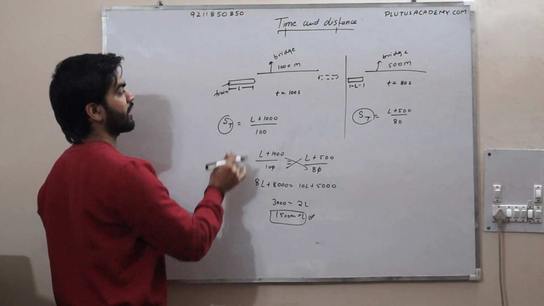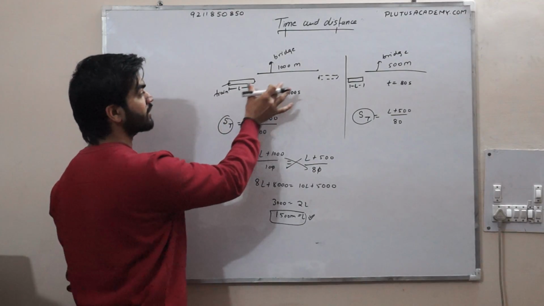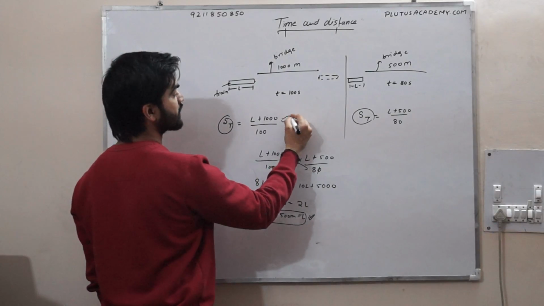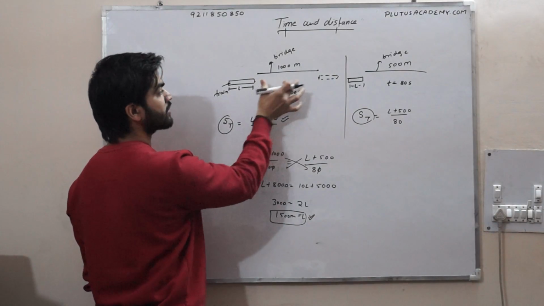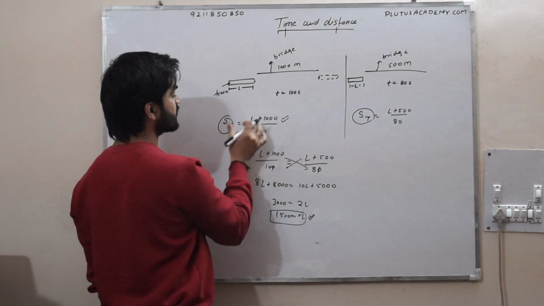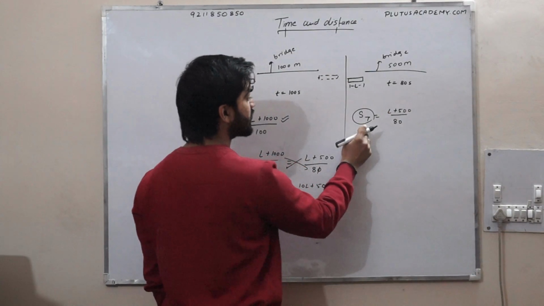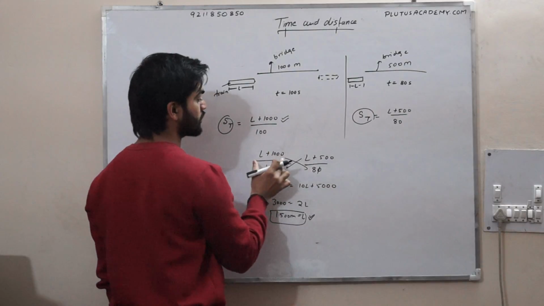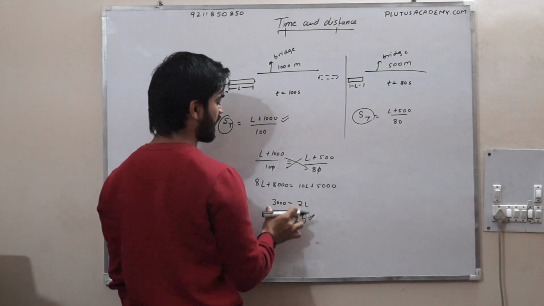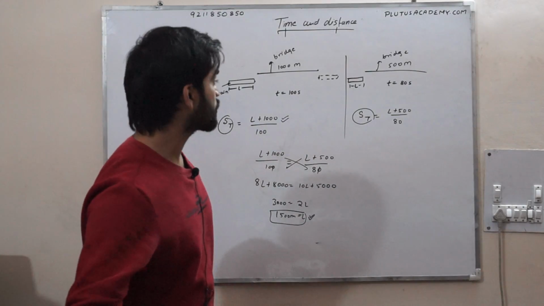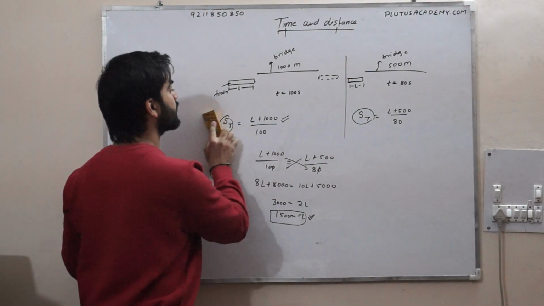आपको क्या ध्यान रखना है यहाँ पे कि this is the train and this is bridge. आपको हमेशा जो distance लेना है ना, total distance लेना है, length of train plus length of this bridge. So add this, speed equal to distance upon time. Again speed equal to distance upon time. Speed in both cases of train is same, so this equal to this. We put it here. L equal to 1500 meter. I hope this question is clear to you. So come on, third question.